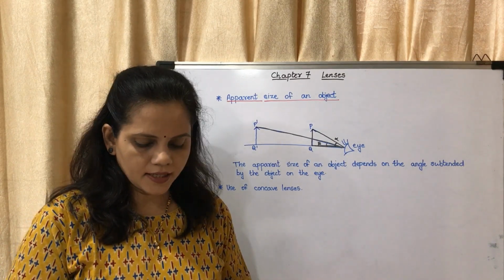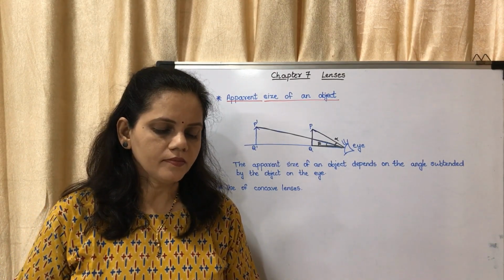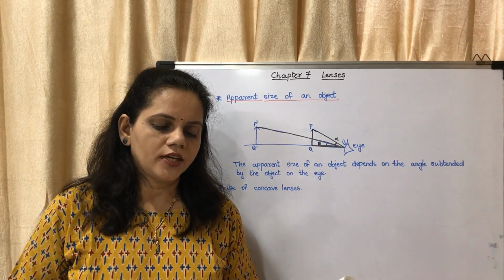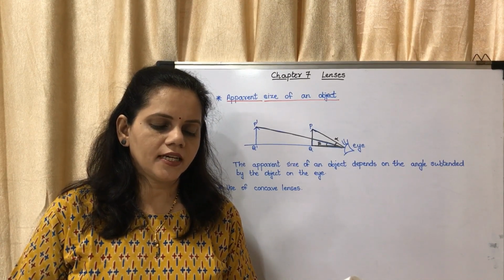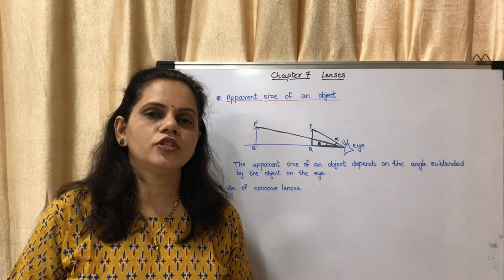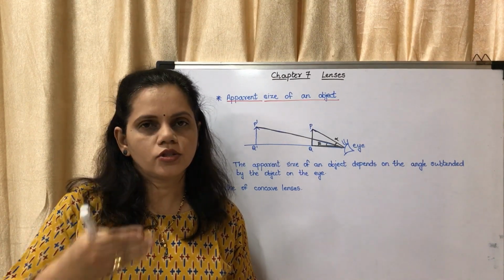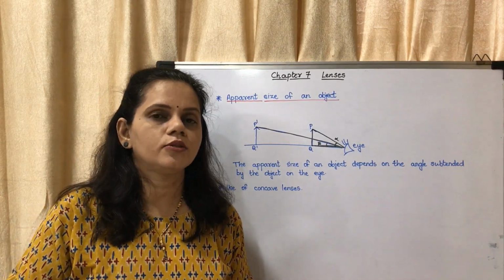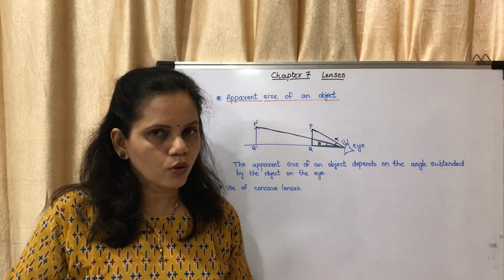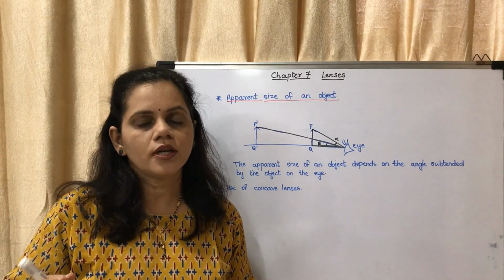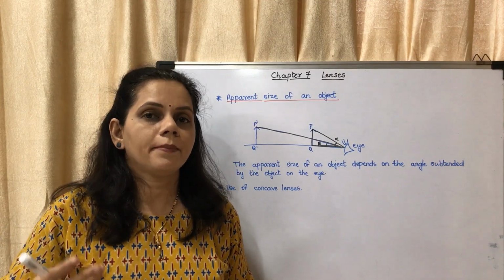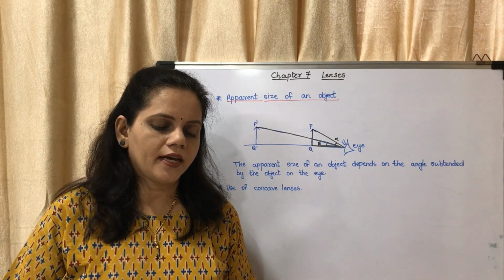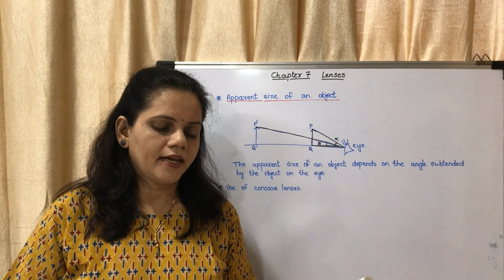Now we will see the textbook, page number 89. Use your brain power question: Why do we have to bring a small object near the eyes in order to see it clearly? This you might have observed. If you want to see any object clearly, you bring it closer to your eyes. Why? Because when it is brought nearer to the eyes, the angle subtended is more, and as the angle subtended is more, the object appears bigger, larger. So the answer is when the object is closer to the eye, the angle subtended is larger and it appears bigger.